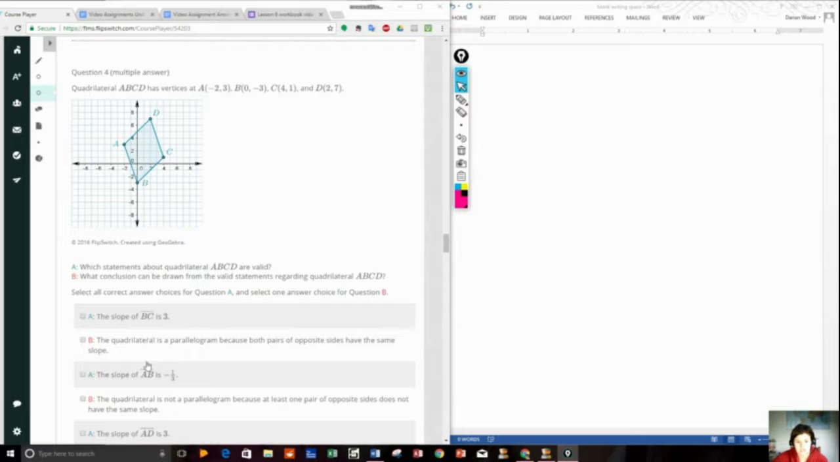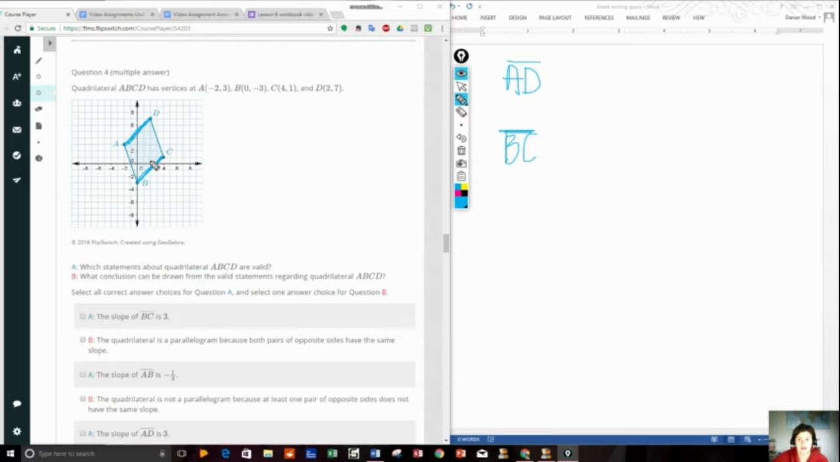Okay, well, I'm just scanning through the options and it looks like it's asking a lot about slopes of line segments. So let's first find our slopes of our line segments. So we're going to have line segment AD, which is right here. We're going to have line segment BC, and the reason I'm jumping to BC is because if these two line segments are parallel,